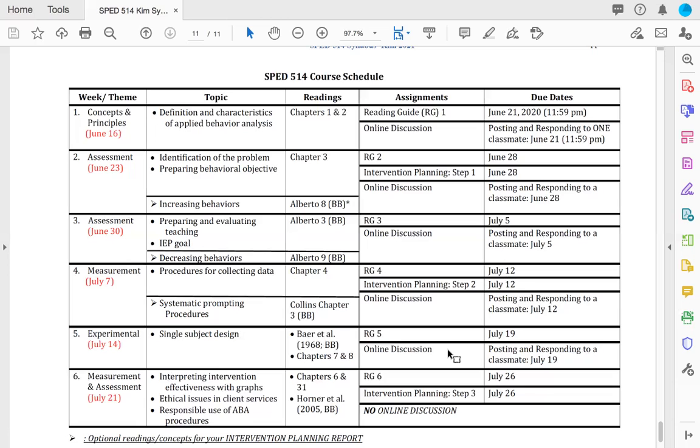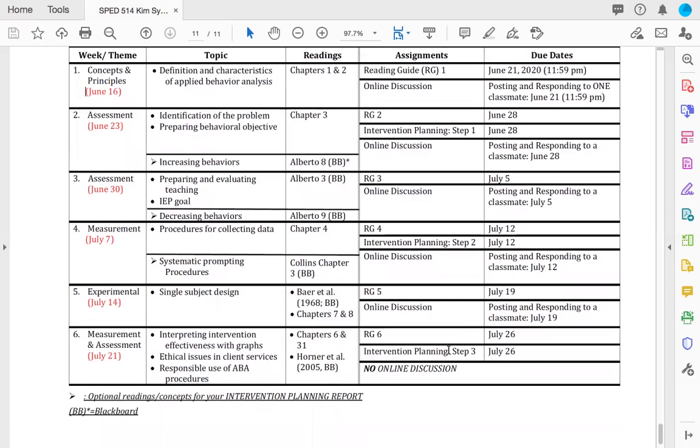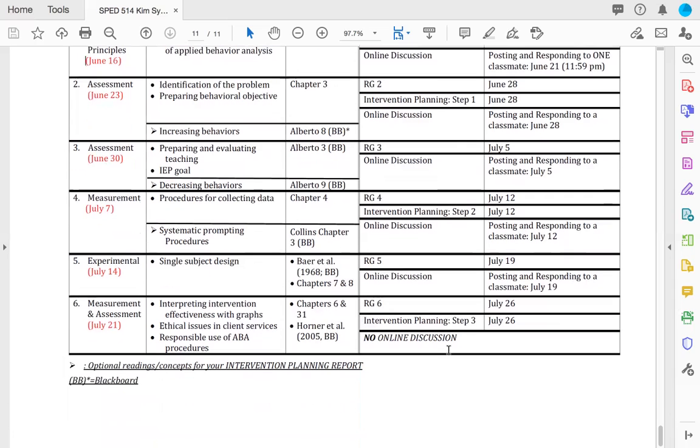But I'll also send you a reminder for each week, so you can turn in your assignment before the due date. If you have any questions on the syllabus, just email me at